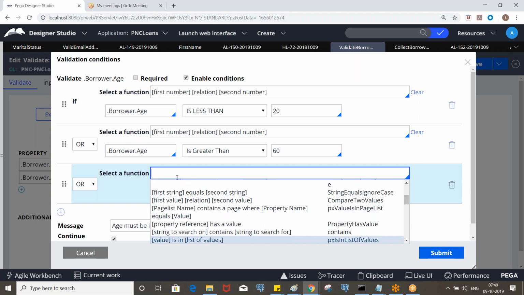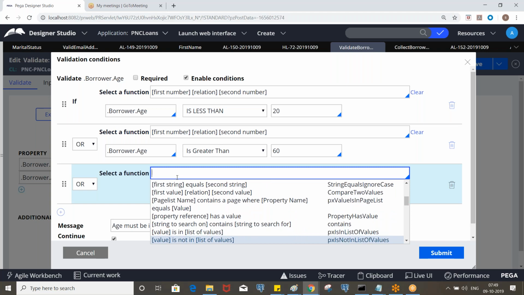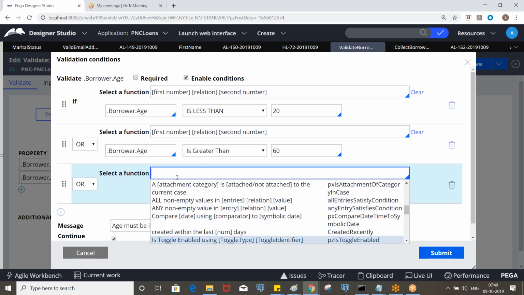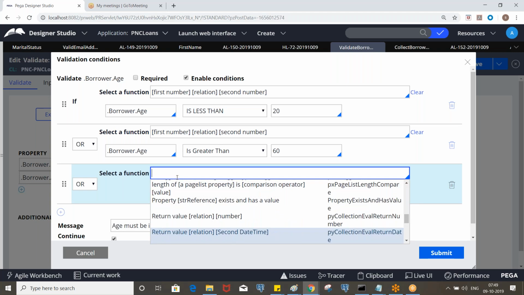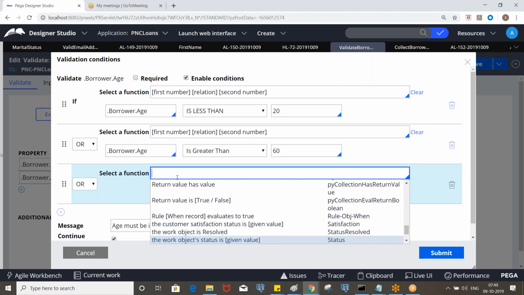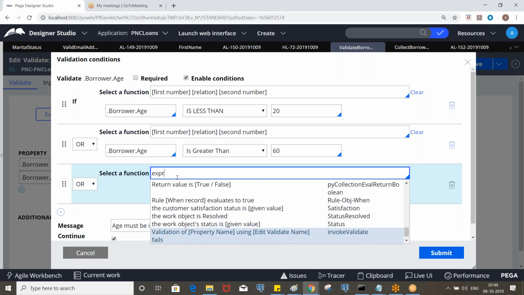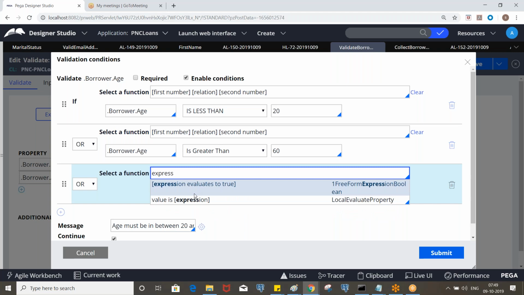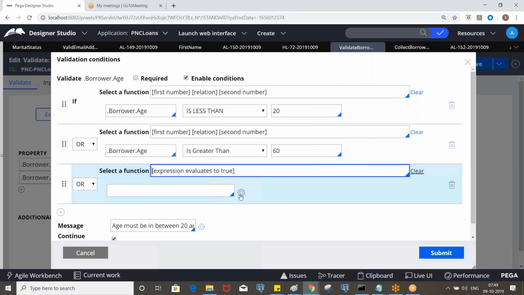And if you want to use expression builder, so we have an expression evaluated to true. Okay, so here you need to call expression builder.